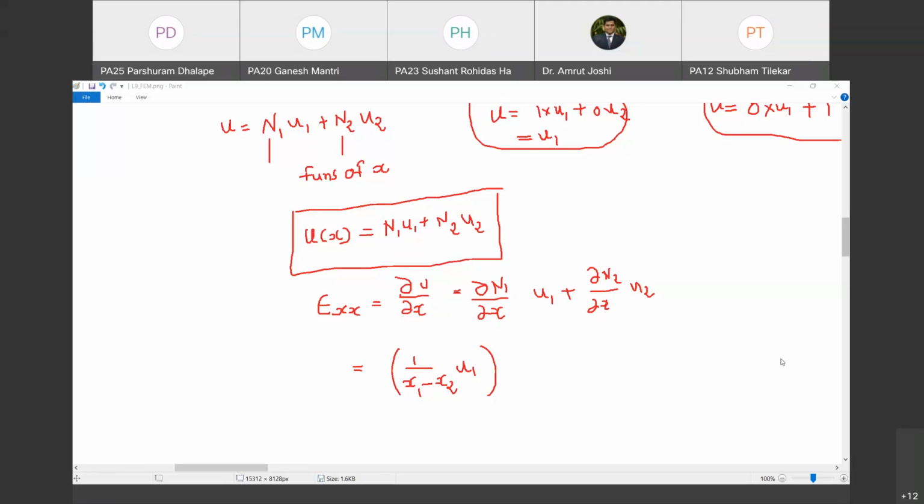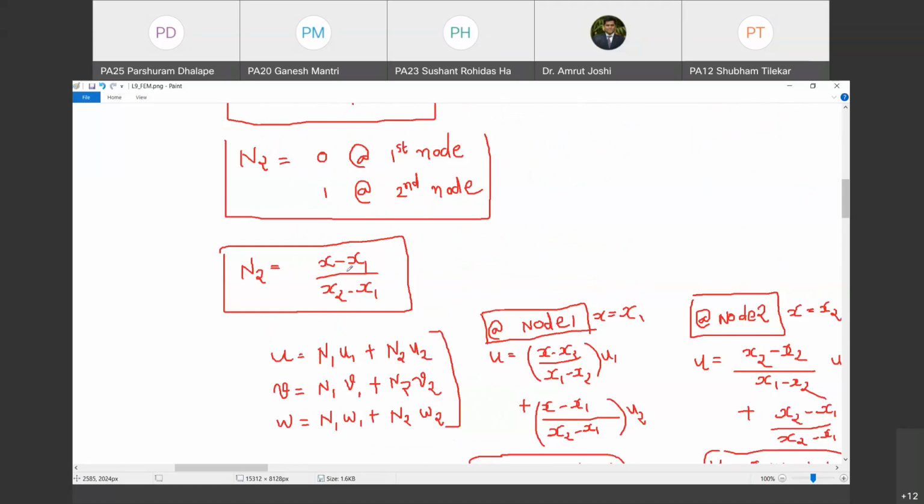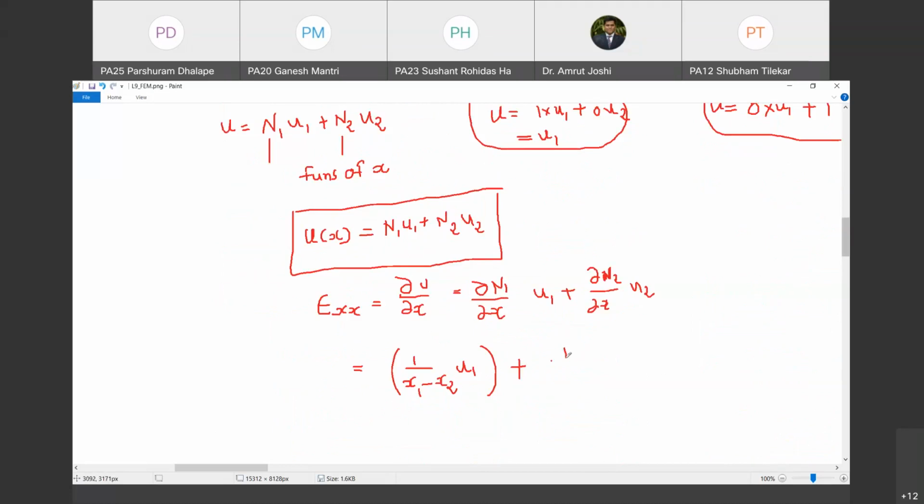Devayani, Pooja, Medha, Rahul, Shubham. Have you understood this? Okay. And now what is the value of dou n2 by dou x? So dou n2 by dou x is going to be 1 upon x2 minus x1. So can I write it as 1 upon x2 minus x1 times u2? अब जरा यहाँ पे ध्यान दो, जो एप्सिलॉन xx की वैल्यू में कैलकुलेट कर रहा हूं,